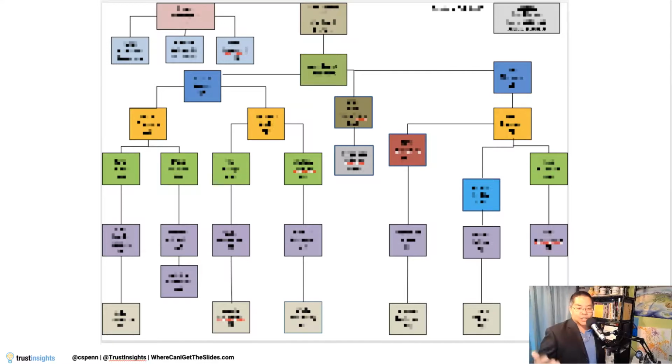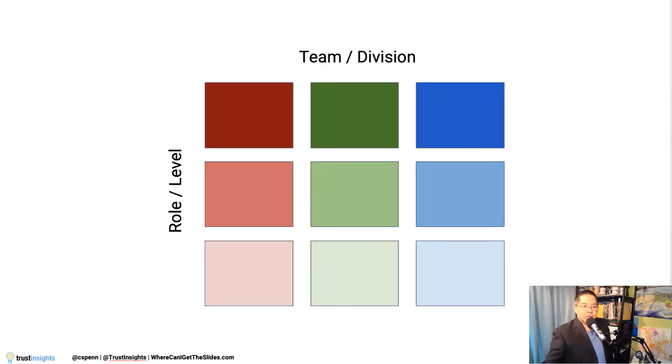Imagine you have this lovely org chart, right? Do the people at the top of this org chart need the same type of prediction, the same type of forecast that the people at the bottom do? Of course not. That would be silly. And yet, when marketers use analytics, predictive or otherwise, they have a tendency to try and do one size fits all. That's never the case. When you look at an organization, if you divide it up into levels and divisions, every one of these boxes in your org chart probably needs its own type of predictive analytics forecast.